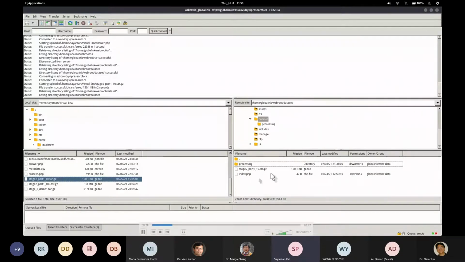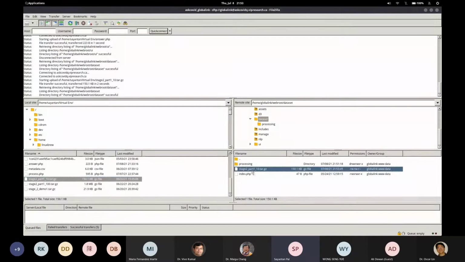See, that came over here. That means I'm moving from my local directory to the production server. This is the tar.gz that got uploaded. And now I'll be running the cron job. A cron job is a set of commands that helps to automate a task. So we'll be seeing how this thing gets automated.